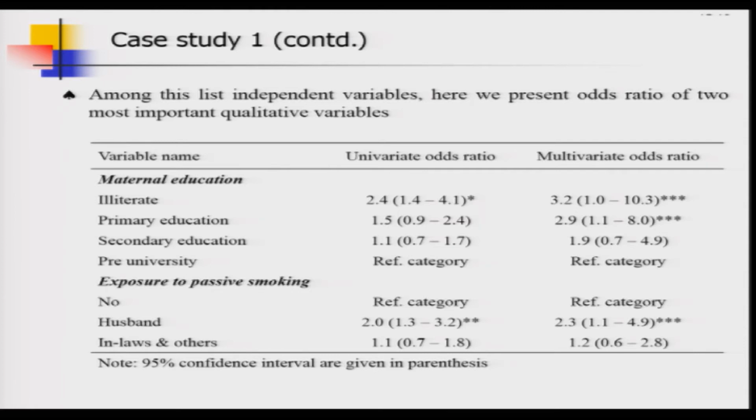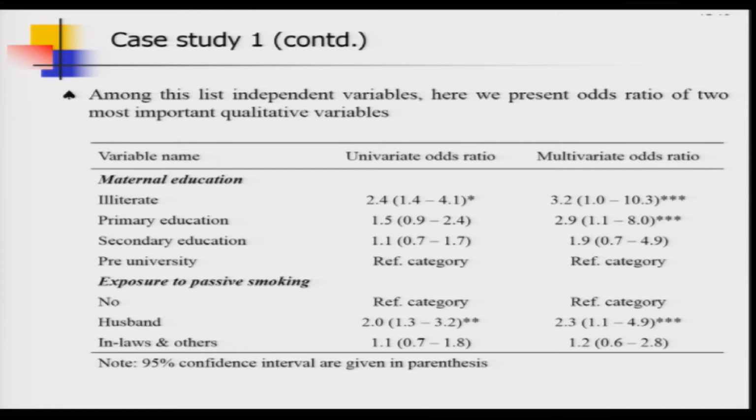If the mother was not exposed to passive smoking during the pregnancy period or the pre-pregnancy period, then we call that the reference category or the base category. That category will be excluded, there will be no dummy for it, but there are 2 dummy variables,